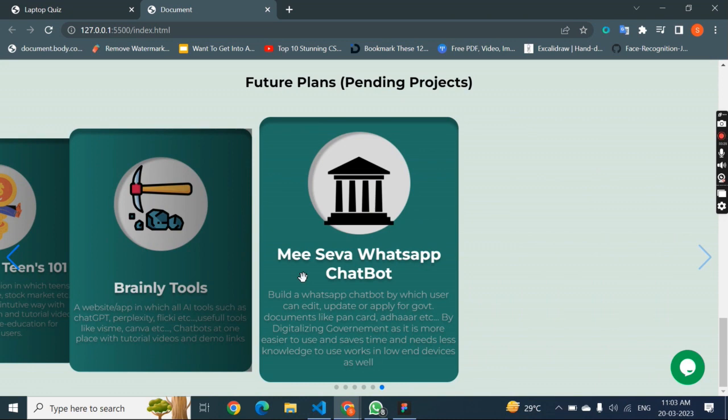And lastly, we thought to develop the Mi Seva WhatsApp chatbot. This is a little bit of an advanced project, and currently we cannot access sensitive information like the Aadhaar database and PAN card database or APIs to update them. But if we collaborate with the government, we can create a WhatsApp chatbot in which the user can edit,